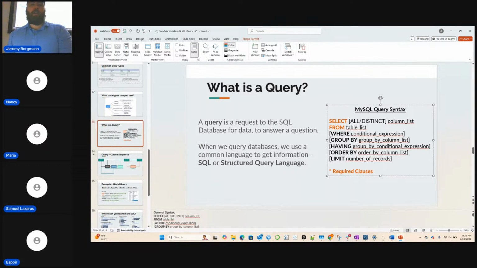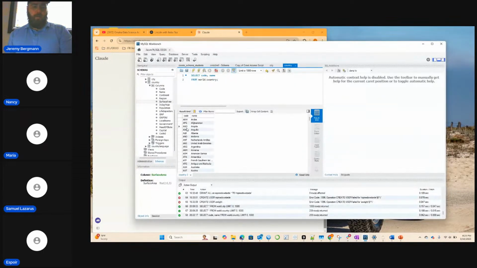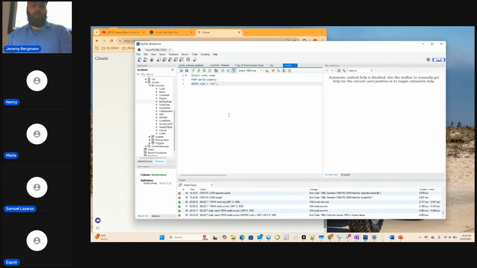So we have a where condition. Say we wanted to limit this to just one record. We want to find where code is equal to the code for United Arab Emirates, and we know what that code is. The where clause is your limiting clause on the table.